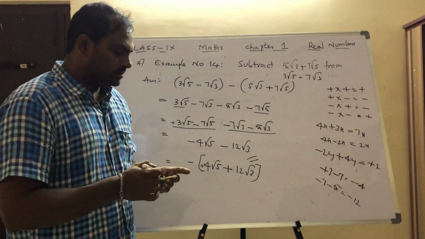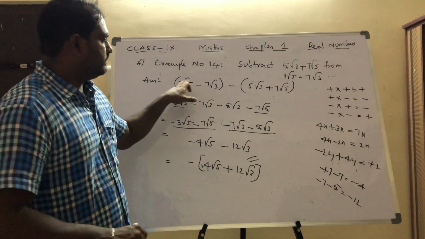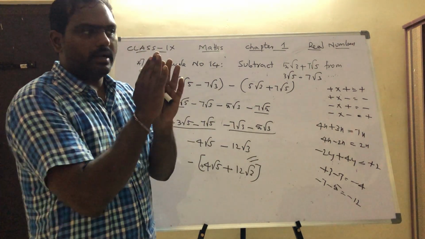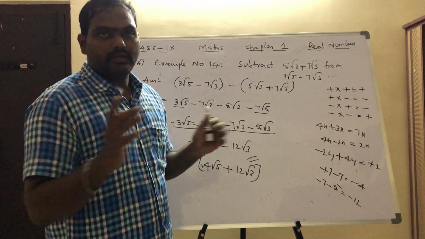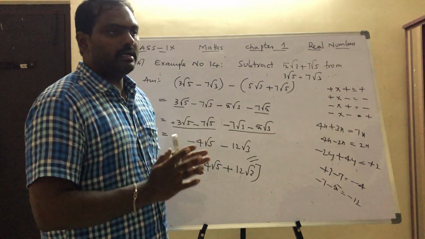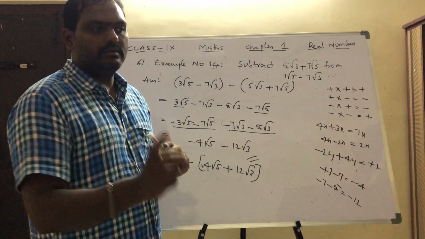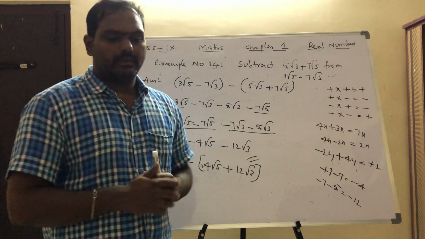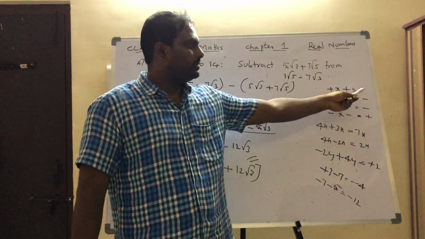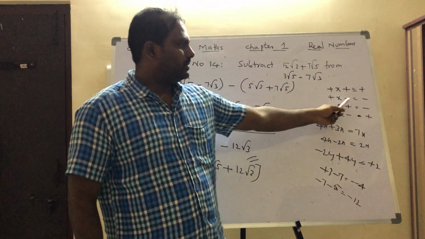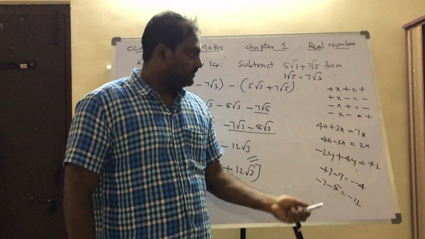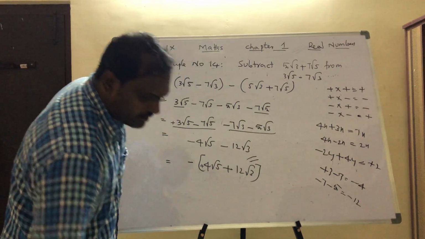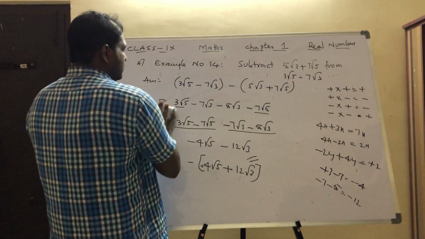Okay. So how to do this? What are the basic steps? Whenever a bracket is given, what do we have to do? We have to take out the brackets. Whenever we are taking out the brackets, we have to multiply the symbols inside the bracket with the symbol outside the bracket. And these are the 4 points we have to remember. Whenever a plus into plus is multiplied, you will get plus only. Plus into minus is minus, minus into plus is also minus, and whenever a minus and minus are there, it will become plus. Okay.